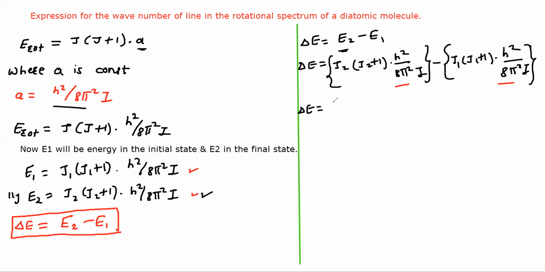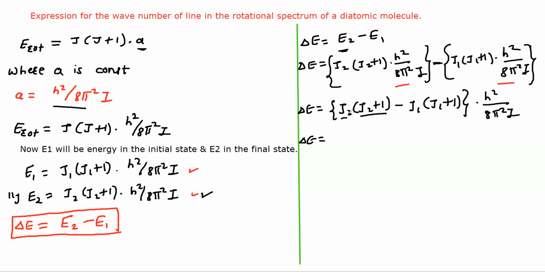So the equation will be delta E is equal to J2 plus 1, and then minus J1 plus 1, bracket complete, and the constant term outside: h square upon 8 pi square I. Okay, and in the next step we just